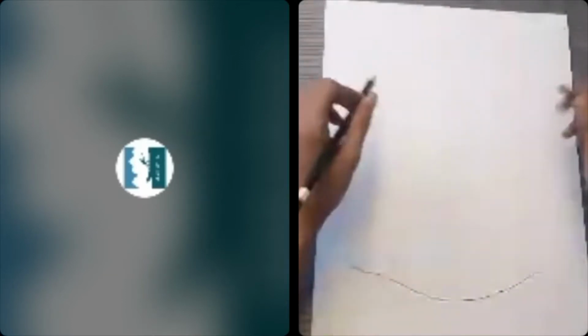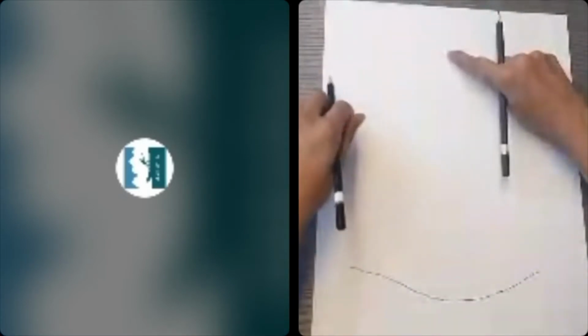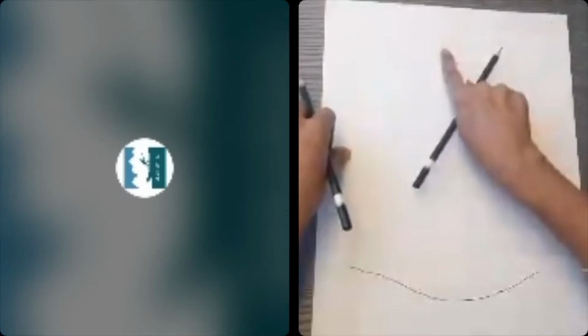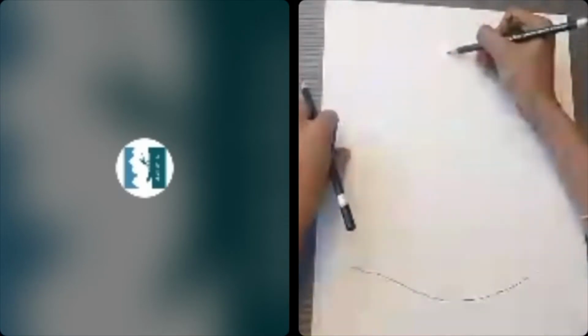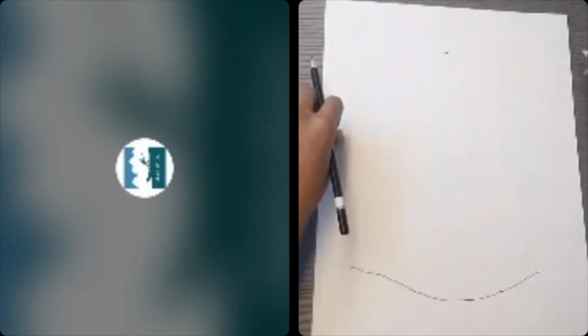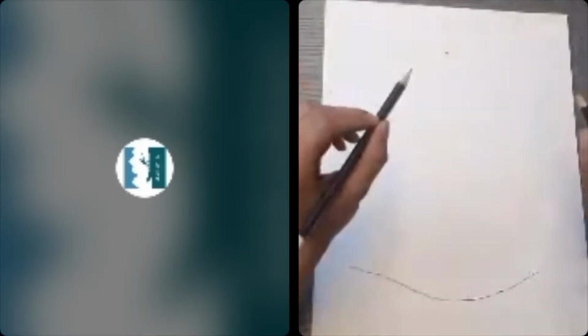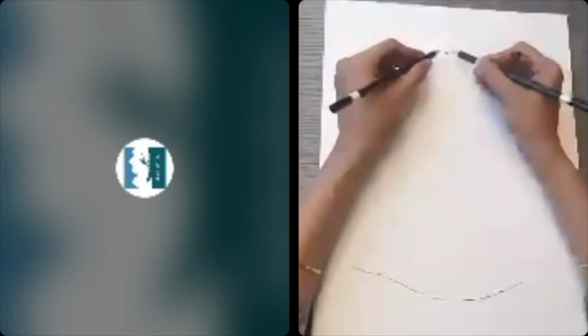Nearer to the top, this is a little marker of where your coral is going to start. At the center and close to the top, just make a small little mark or a dot at the top. Okay, and this is going to be your starting point for the coral. If you're done with this, grab both your pencils, place them together at that point.